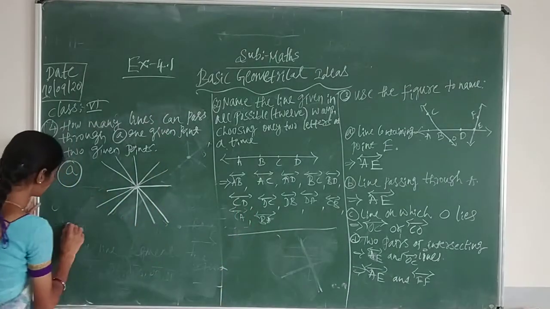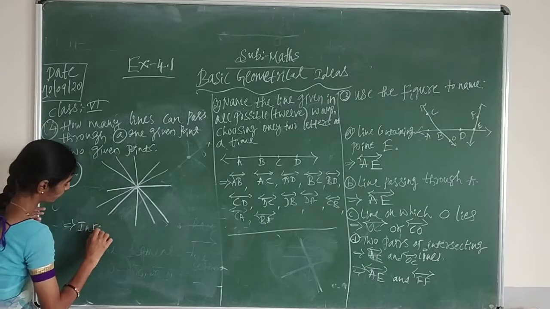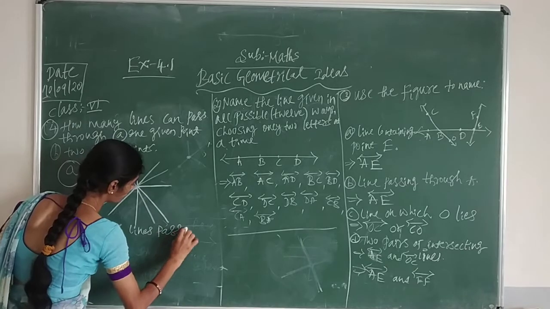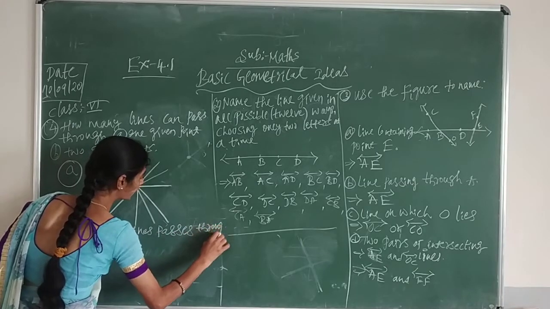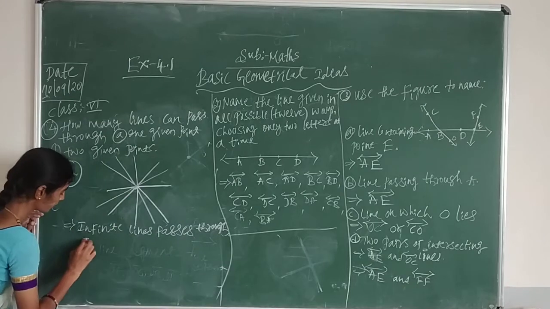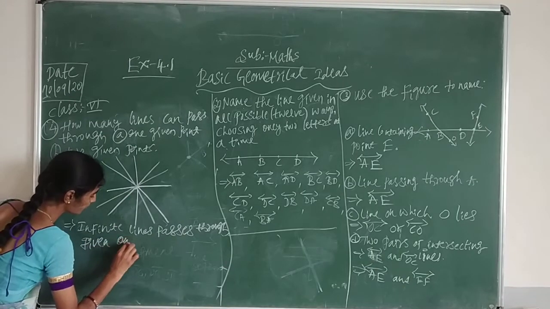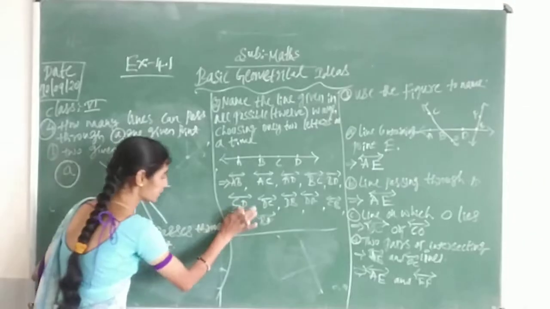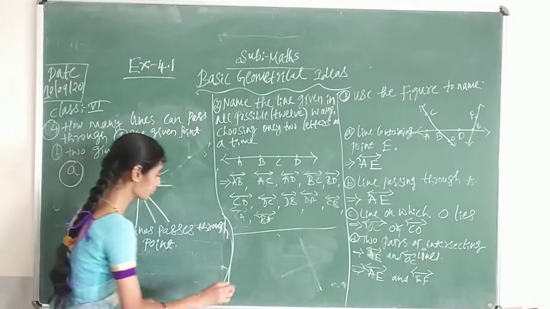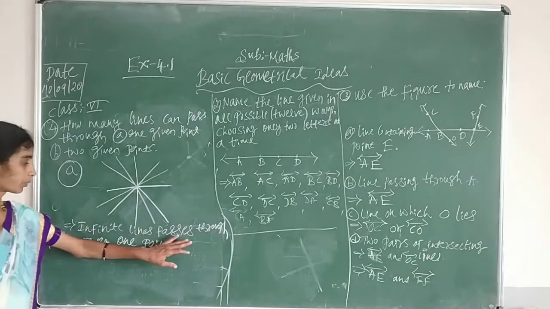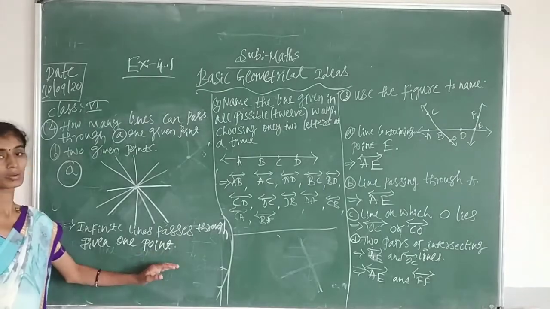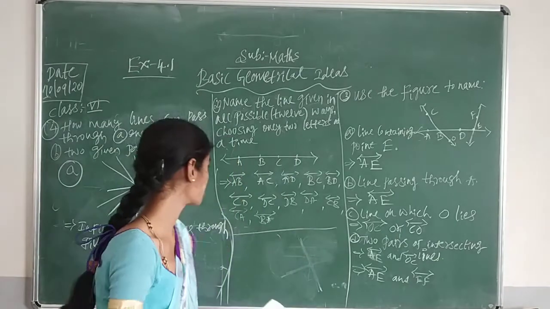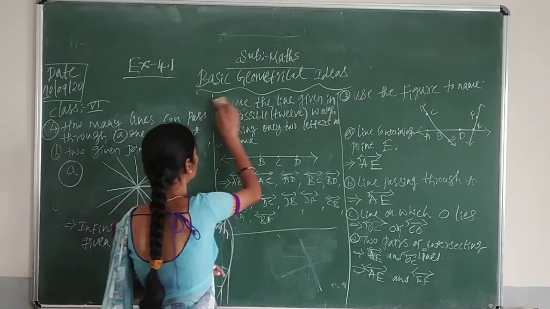So you can write the answer as infinite lines pass through the given 1 point. So many lines are going to pass through the given point. Here it is, children, don't get confused. So infinite lines pass through a given 1 point. Now this is all about the A question. Again in it, the B question is there, children. I am going to do it here. Okay, you need to continue.